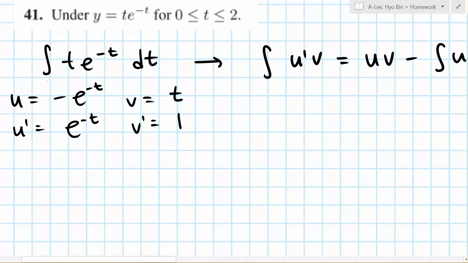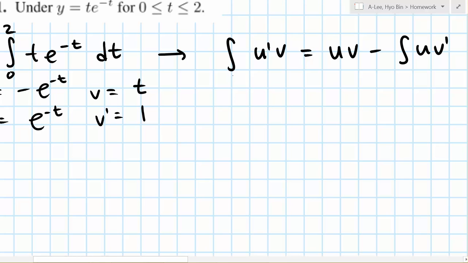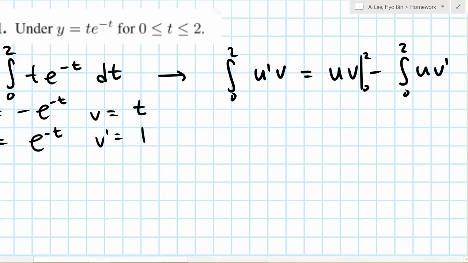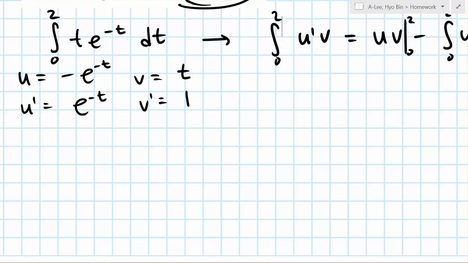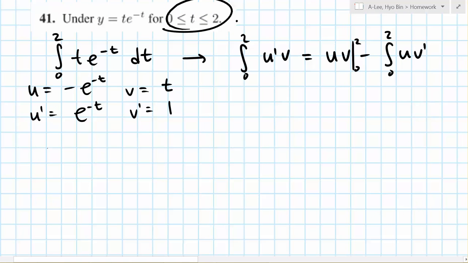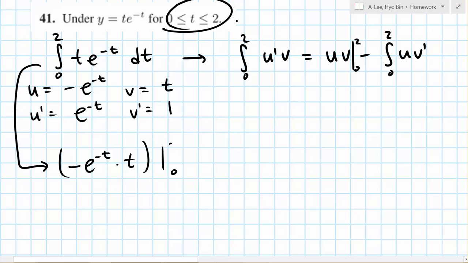Oh, and I should remember to put 0 to 2 everywhere because it's all evaluated from 0 to 2 in this particular question. So then what I'll do now is I will plug those in. So this thing is the same thing as negative e to the negative t times t, all evaluated from 0 to 2, minus integral of 0 to 2 of negative e to the negative t times 1